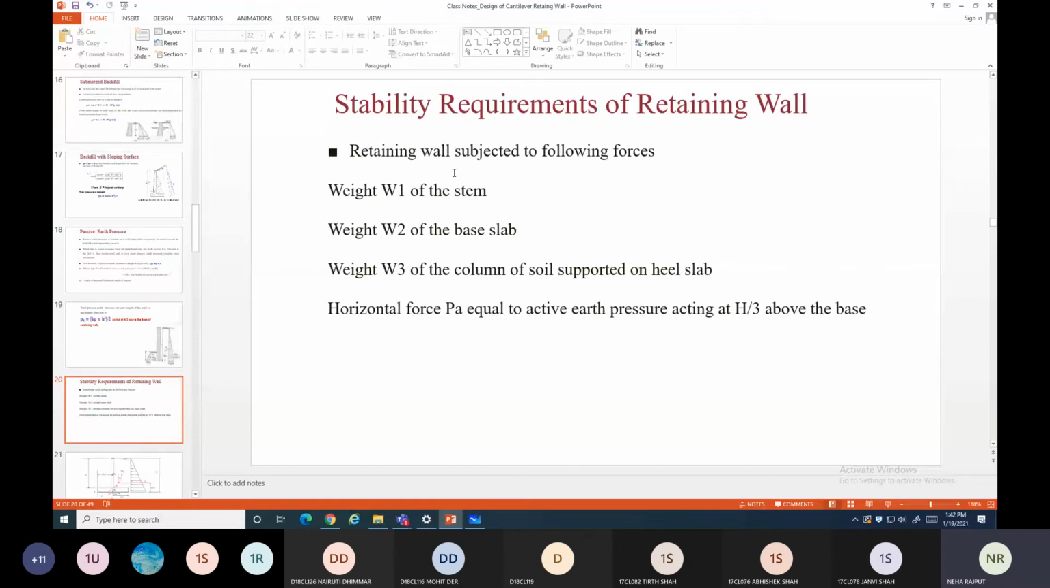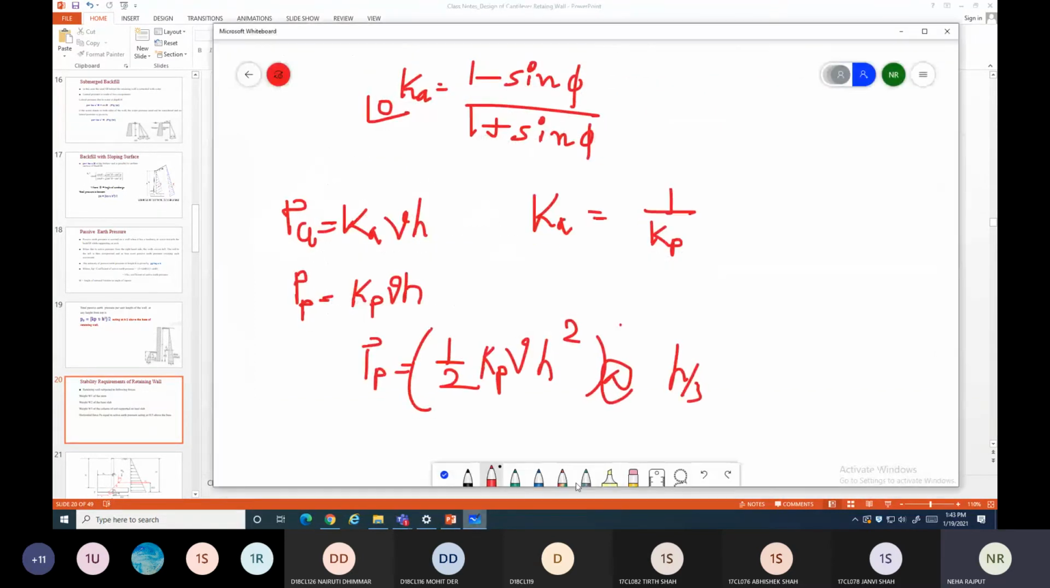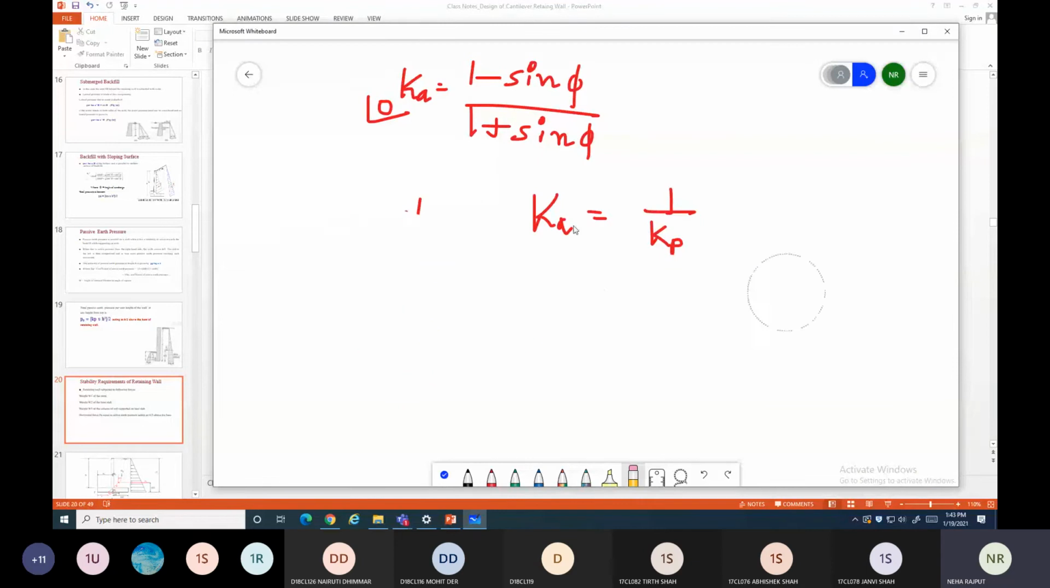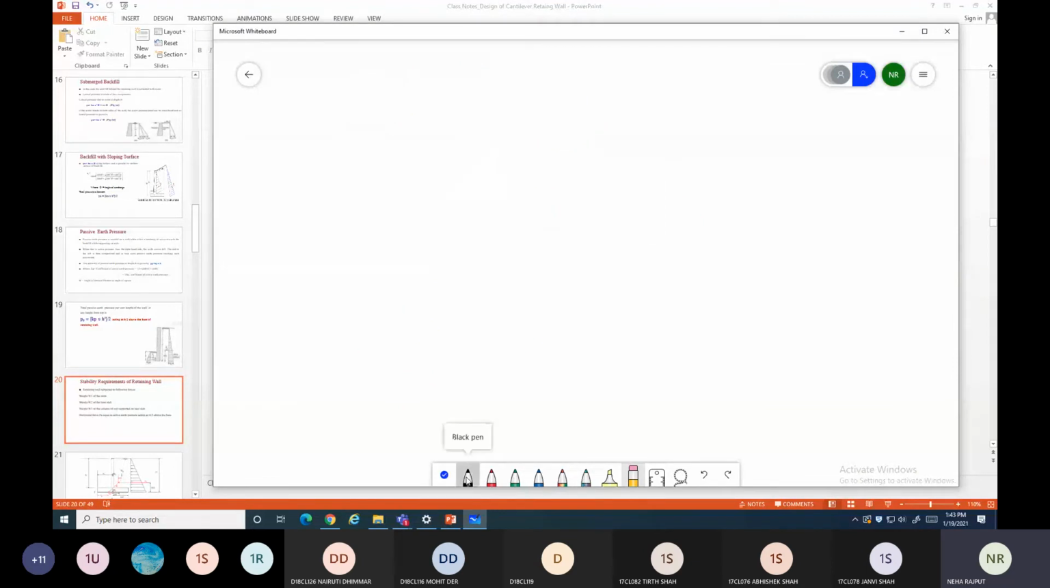The stability requirement: who will give the stability of retaining wall? The stability of the retaining wall is given by the weight of the retaining wall itself. Weight of the retaining wall itself will give the stability to the retaining wall. So if this one is the retaining wall,